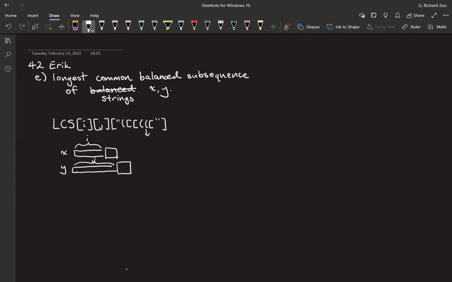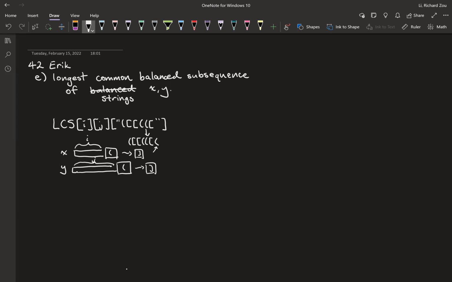So if both of these characters were an opening parenthesis, we might update this to be something like this, where we just append this on. And if this were instead a closing bracket,